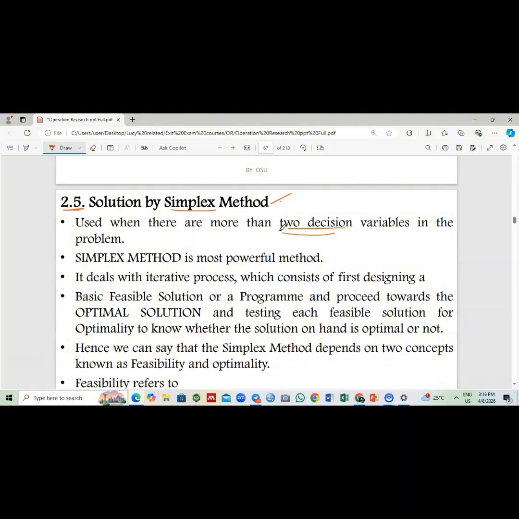Simplex method can be used for variables that have 2 decisions. Yes. So for 2 decision variables, we have to use the simplex method to solve the problem. The simplex method is the most powerful method when you compare it with the graphical method, and it deals with an iterative process, which consists of first designing a basic feasible solution or a program, then proceeding toward the optimal solution, testing each feasible solution for optimality to know whether the solution on hand